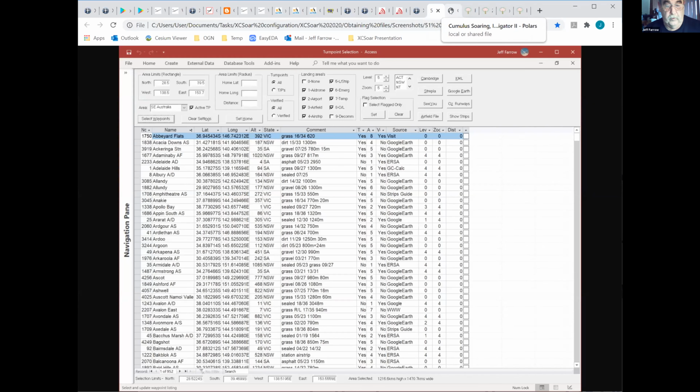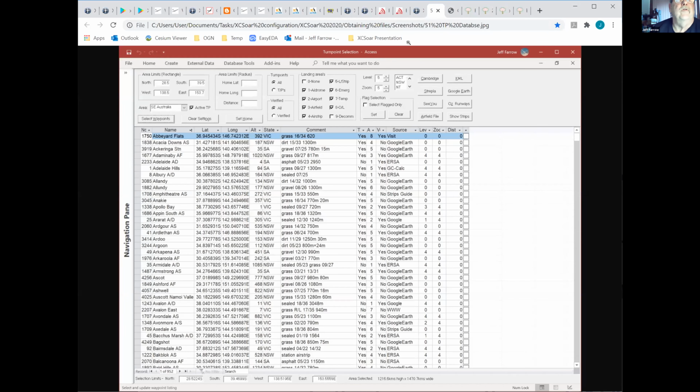So, turn point databases. Polar files. XCSoar has the performance data and polar files for an awful lot of gliders built into it. These days, it's pretty unlikely that you need to create your own. And if you do, you can actually get the data and feed it into XCSoar, and effectively you'll have exactly the same as loading it by file anyway.